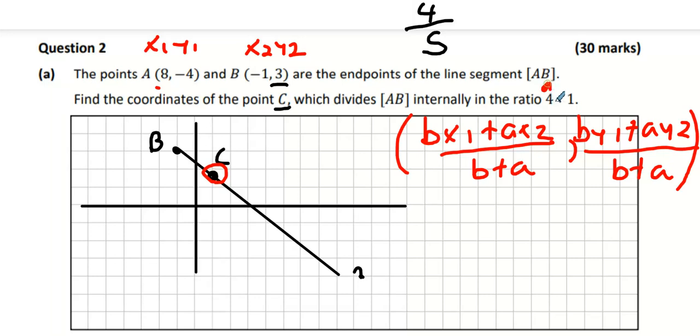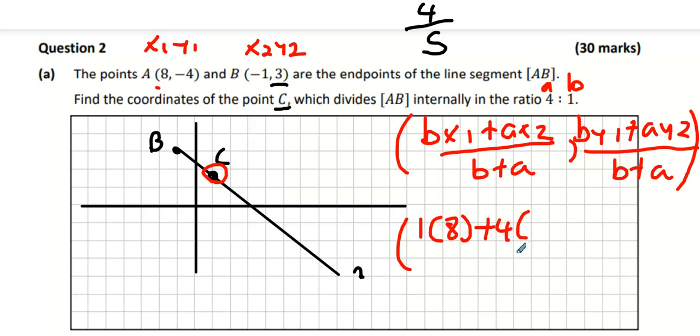Small a will be 4 and big B will be 1, in the ratio A is to B. So we're just going to put in our numbers here. It's bx1, excuse me. So B is 1, x1 is 8,